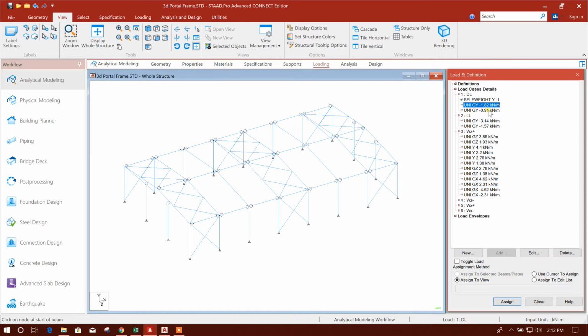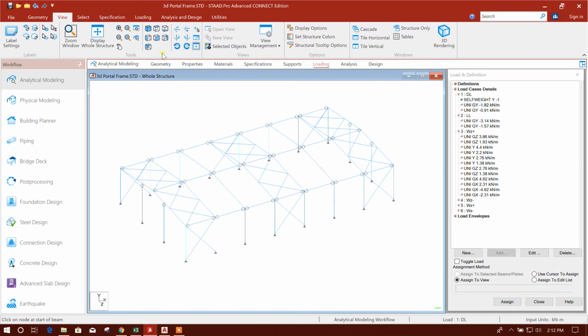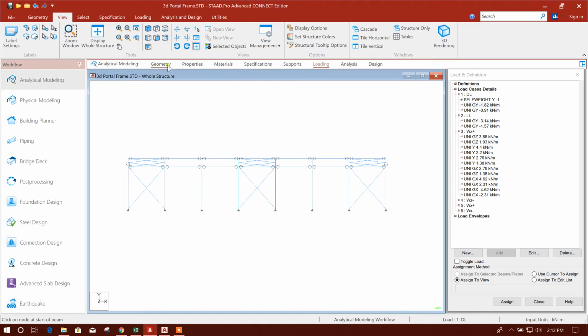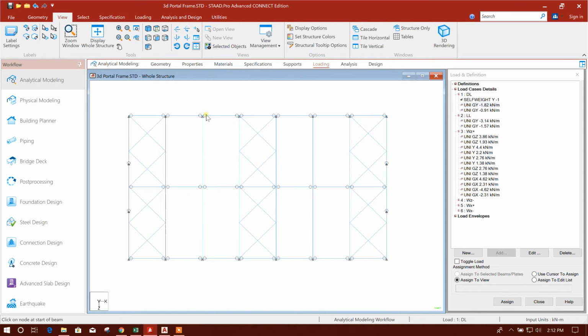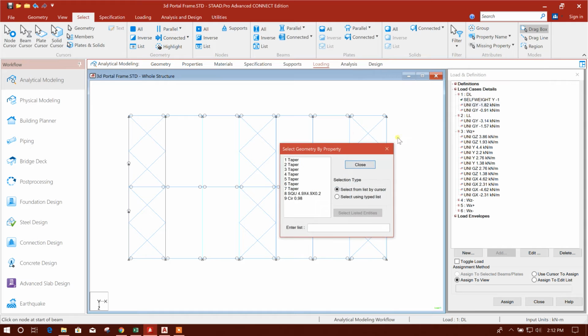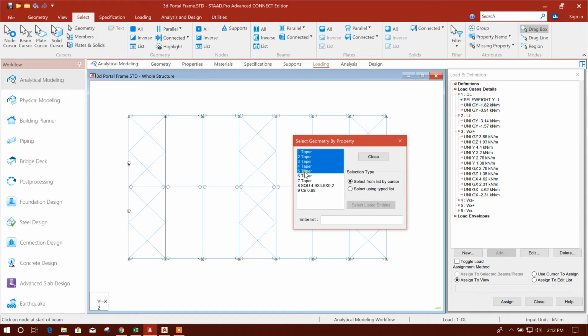Now this is our dead load. We will go to this side view, or we'll go to this side view. I want to create a new view, property name, by property, from here to here,